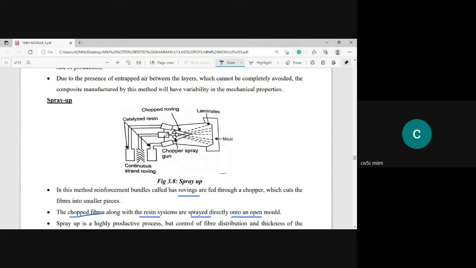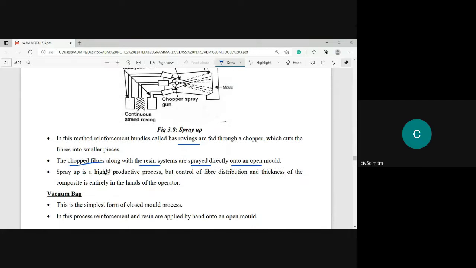So the resins are on either side, and in the middle portion the fibers will be introduced. So those resins and fibers will be cut, and later on impregnated on the surface of the mold. Because of the chopping pressure, it will cut, and it will be sprayed on the surface of the mold. That's why it is called the spray up technique. The resin and the fibers will be cut or chopped and sprayed on the mold. Did you get my point? Earlier we used to impregnate it by hand. Now, because of the pressure, it will be impregnated.